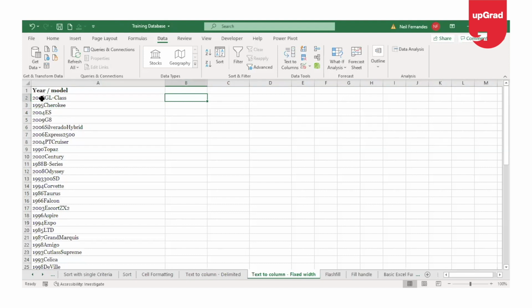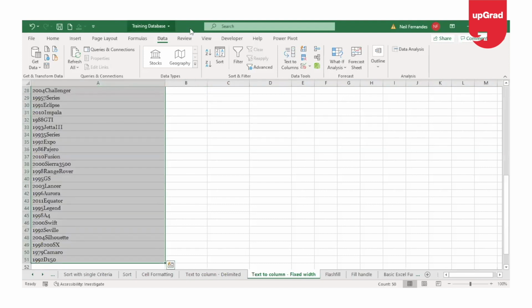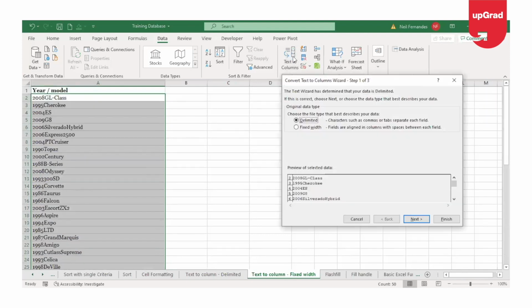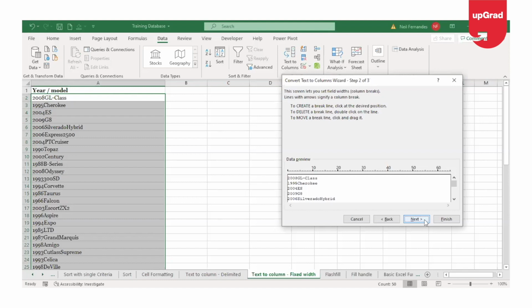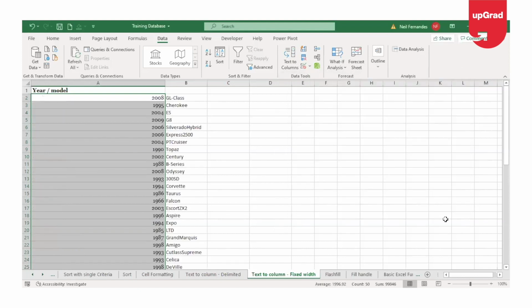Again, let's select the whole data. Then go on to text to column. In the wizard, select fixed width this time and click on next. Excel will automatically guess where you want the split. If it doesn't do that, you can click and drag the line to move it. So how do you do that? If you don't see anything, you can click anywhere in the Excel to get the line, and then drag the line where you want that split to be placed. Once you have done that, you can either click on finish or you can click on next to decide on the destination cell.